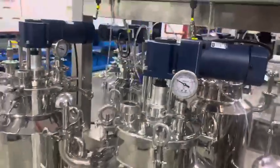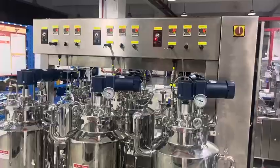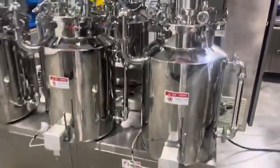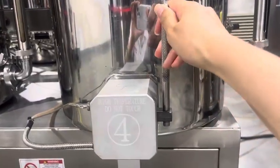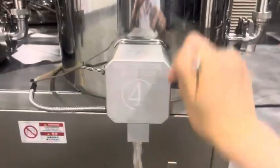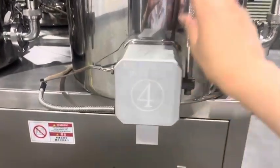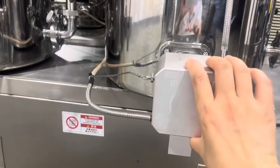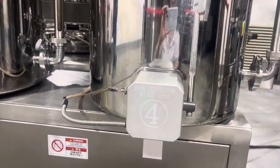Alright. So this is the working instruction for the buttons. Alright. And for the nozzle, you can turn this. Okay, for releasing the material. Okay. And then this one is very easy to remove, and the valve you can take off for cleaning. Okay, and